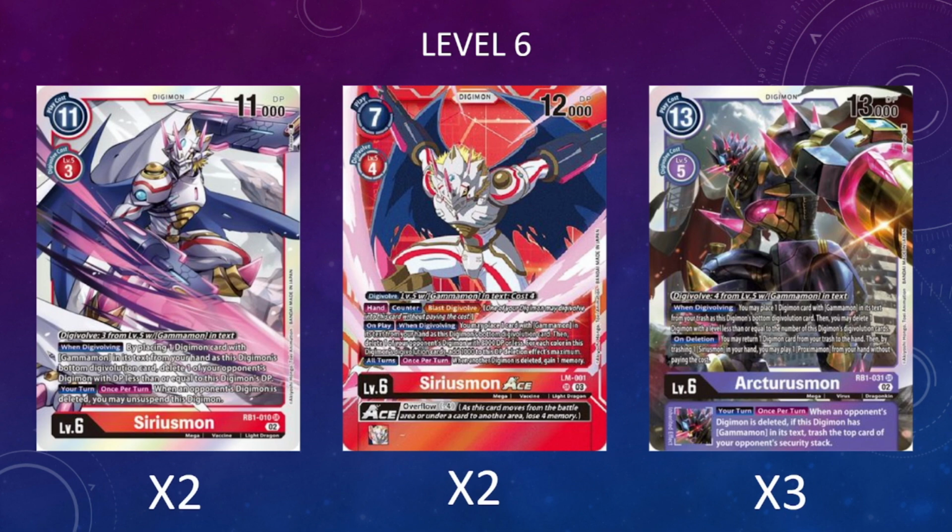And the last level 6 of the deck is going to be 2 copies of the brand new Siriusmon Ace. So he is another Ace card, and that comes with a really good control type of ability attached to him on his on-play and when digivolving effect, where we get to place a Gammamon texted card from our hand to the bottom of this Digimon's Digivolution source to be able to delete one of the opponent's Digimon with 8,000 DP or less, and then for each color in this Digimon's Digivolution source, we get to add 1,000 to the range in which we can delete Digimon, so the more colors we have underneath him, the stronger this removal type of